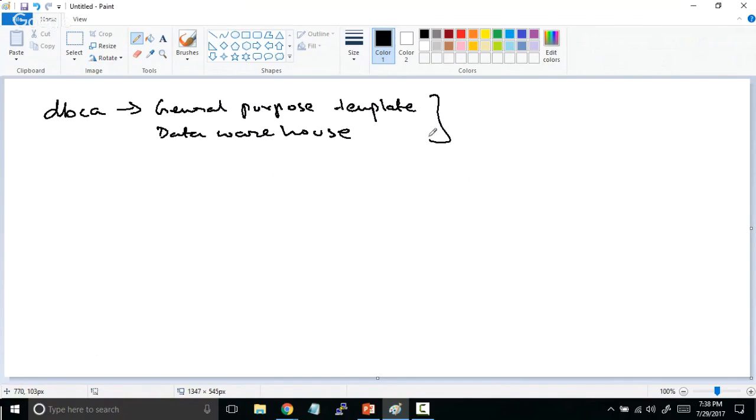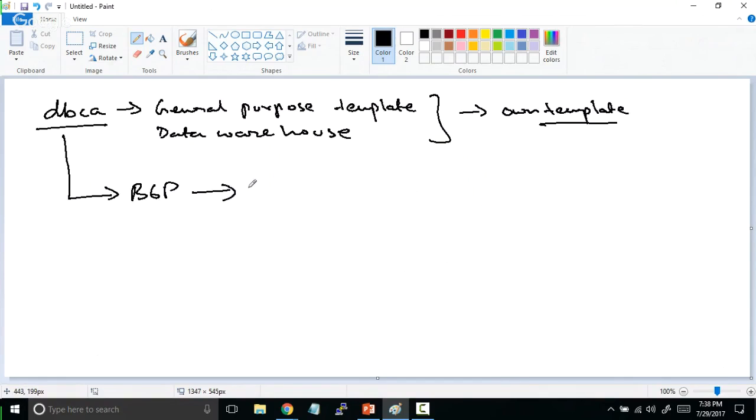The same way you yourself can create your own template. So how do you create your own template? Using DBCA, you can create a new template of the existing database. Let's take I have B6P, and I create a template. Now I name the template as B6P clone template,